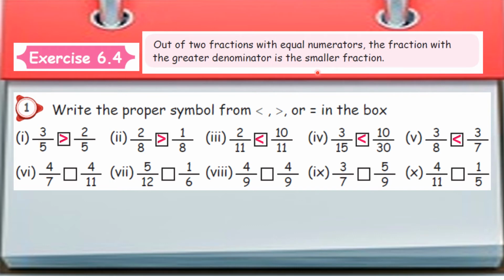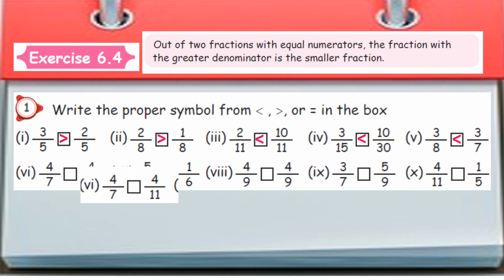So what are they saying? Usually if we have the same denominator, then we come to the numerator, and whichever is bigger, we open the mouth that side, isn't it? But here, if we have the same numerator, then the one with the greater denominator is the smaller one. That's what they are saying. That means we have to open the mouth this side. That means 4 by 7 is the greater. Shall we check?